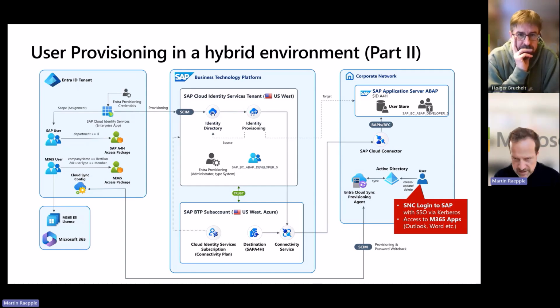The objective is to have this user enabled. Once this user is created, that user, depending on his or her attributes, should have access to the SAP backend system, the one shown over here. The user should also be enabled for single sign-on using secure network communications, or SNC, with a Kerberos ticket that can be obtained from that Active Directory. So, to single sign-on that user to that system.